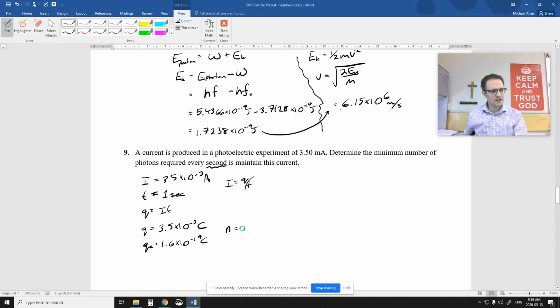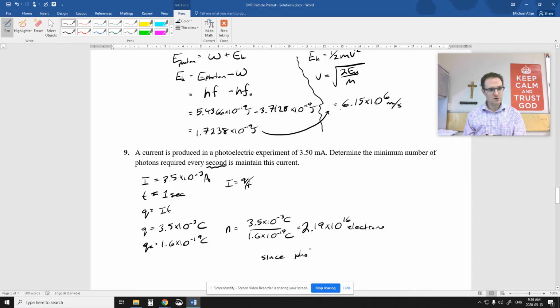So the number of electrons is going to be the bigger number divided by the smaller number, because you're never going to have a fraction of electrons, so you always have to do it that way. 3.5 times 10 to the negative 3 divided by 1.6 times 10 to the negative 19. So I get 2.19 times 10 to the 16 electrons,